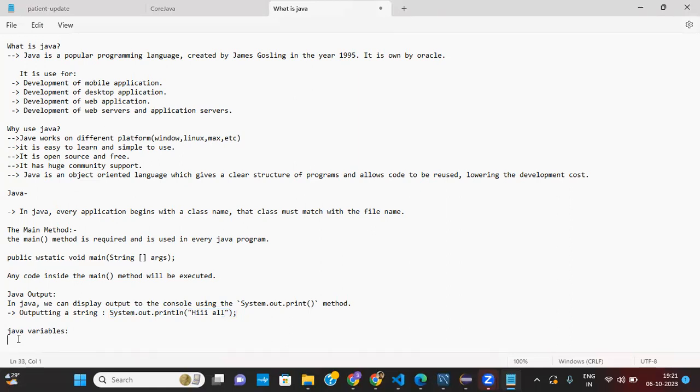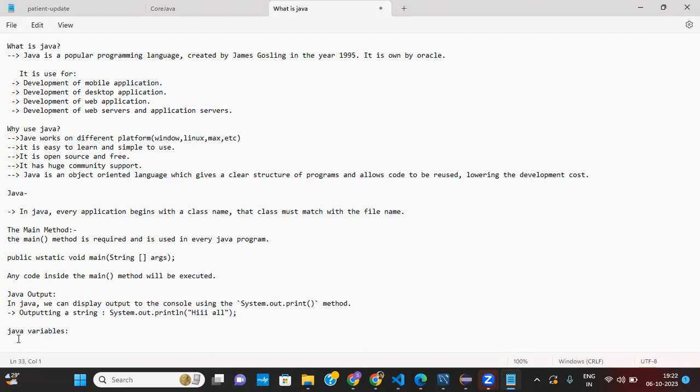First of all, what are Java variables actually? Variables are containers for storing data values. In Java, there are different types of variables.